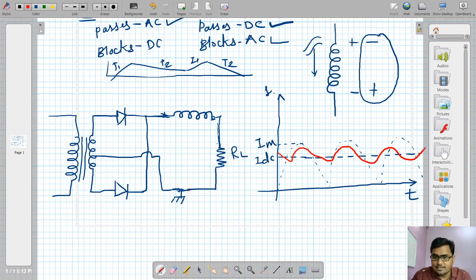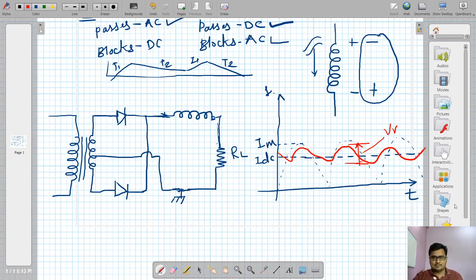And then the peak to peak value, look at this, this peak to peak value is the ripple voltage VR. So this is the waveform of the inductor filter with a full wave rectifier. If you delete the second cycle of the output of the rectifier, you remove it, then you will get the inductor filter with a half wave rectifier.